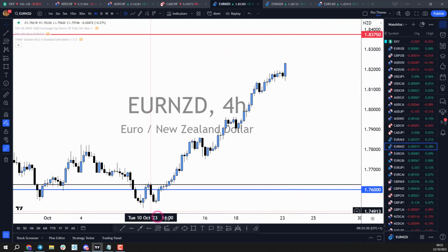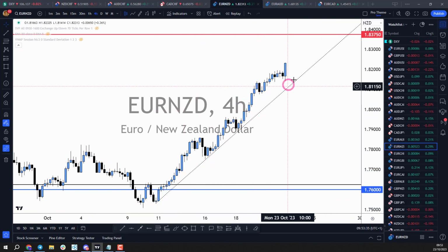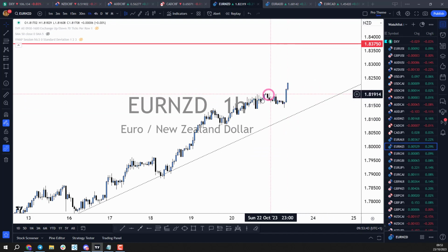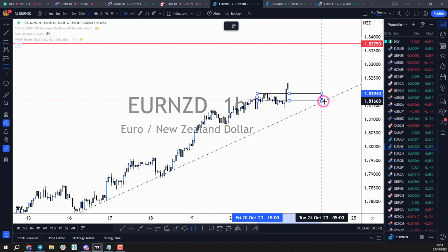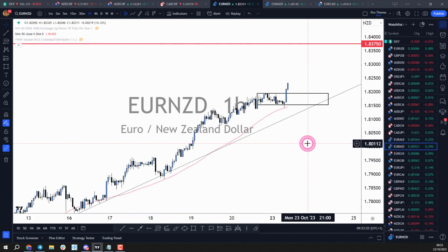Very strong bullish trend going on here as well. If I was just to throw in a trend line support, you can see we're very bullish here at this current moment. So I'm going to look to see how price reacts. Can we get a bit of a pullback? You can see we've had a bit of a build up, price pushing to the upside here, so I wouldn't mind seeing a move back towards this area so that we could look for a potential long opportunity. If I just put on the hourly 50 MA as well, we're just floating underneath that area. So what I'd like to see is a couple of closes, maybe a pullback, maybe a bit of a retest in there, and then we could look to target that